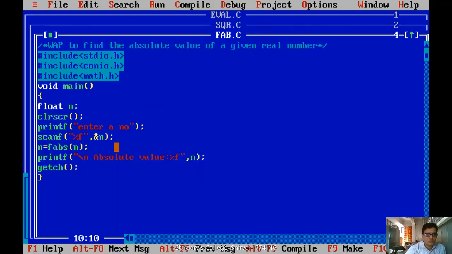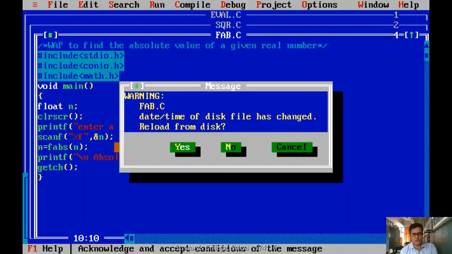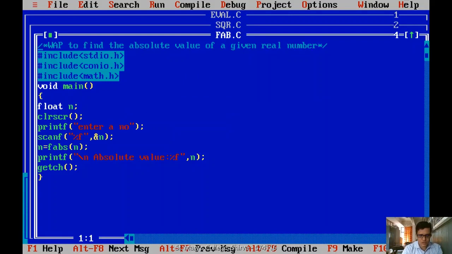Yes, now I am compiling, I am running. Enter a number. Purposefully what we have to do is enter the negative value, otherwise we won't get what fabs does, right? What is the purpose of fabs? If you enter a negative value, it will give the absolute positive value. Say -99.87. Okay, if I press the enter key, what happens? It will give the result as a positive value. Clear? Yes, the absolute value will be obtained. Okay, alt enter.